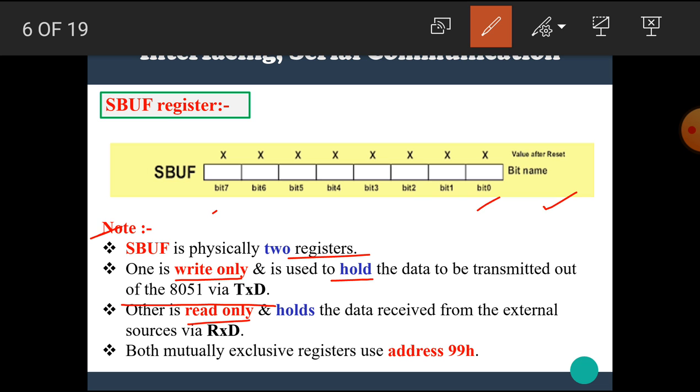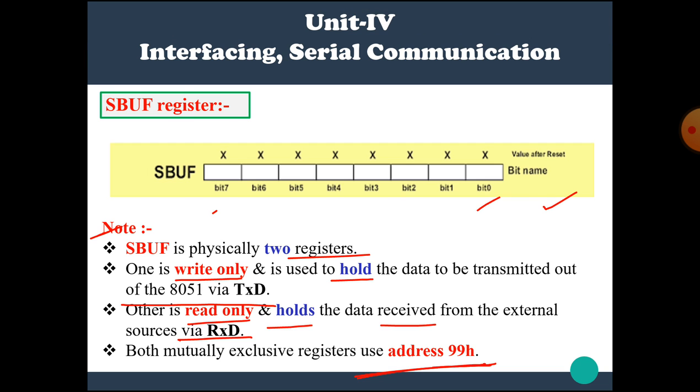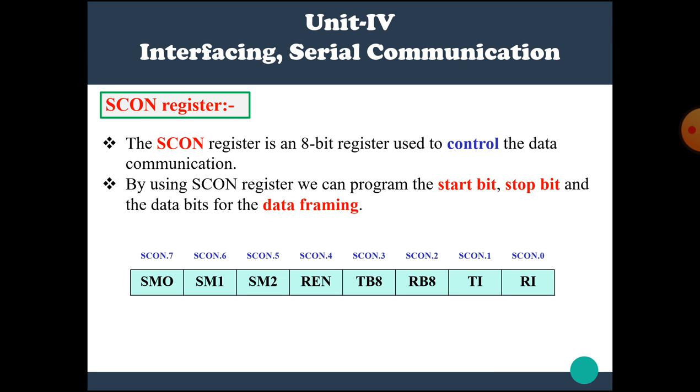The other is read only and holds the data received from the external sources via RxD. Both mutually exclusive registers use the address 99H. Okay, I hope you all understand the basic concept about the serial buffer special function register, that means the SBUF